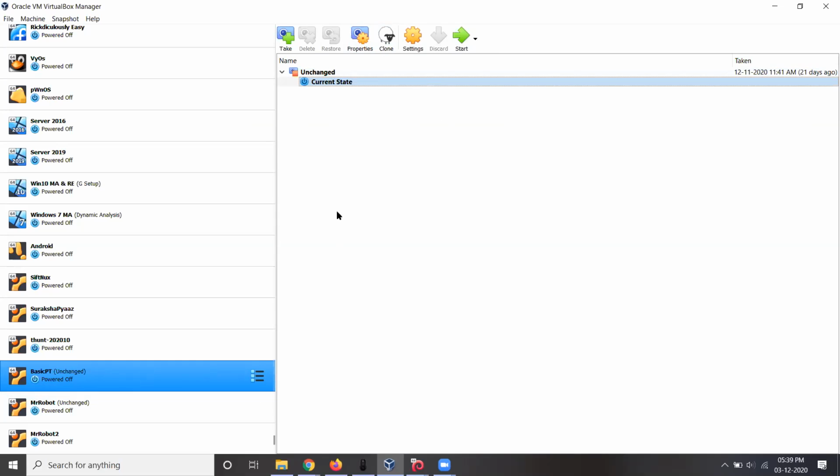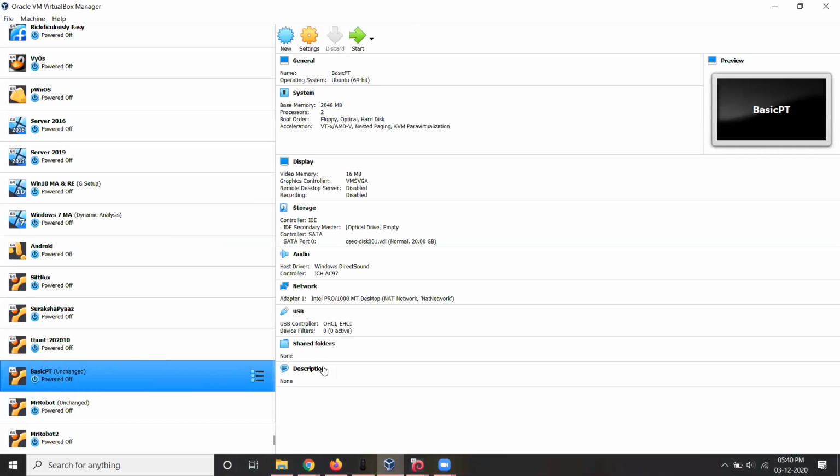Actually, I don't know what I did, but I got two Windows virtual machines. But if I check both Windows machines' IP, it is the same. What you need to do is change the network adapter settings.